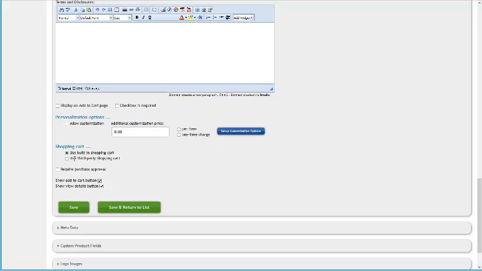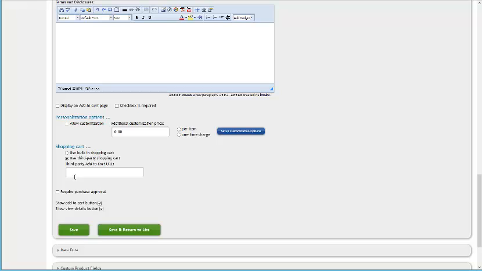You can also use third-party shopping carts with any given product. So let's say you're selling products on Amazon and you want to list those products on your site, but then when somebody clicks to buy it, it redirects them to Amazon to check out. And if you use a third-party checkout, then you can put in the URL for that shopping cart on Amazon right here. And so it makes it easy for you as a website owner to consolidate all the products you offer into one site, and then whether they use the built-in shopping cart within this website system or they link to an outside one based on the arrangements you have with the products you're selling, you can use some of these settings to